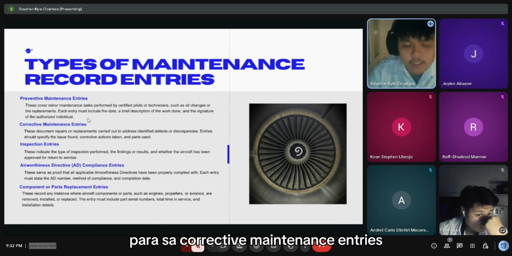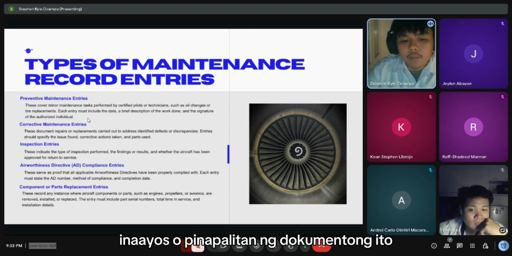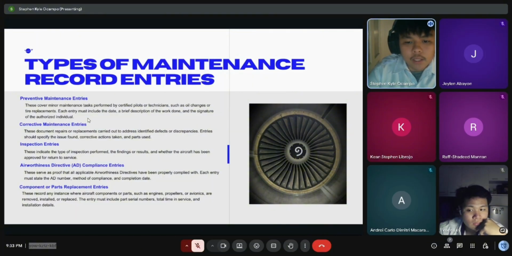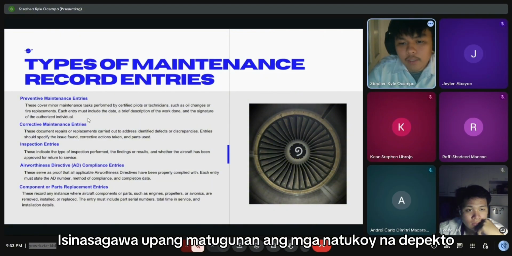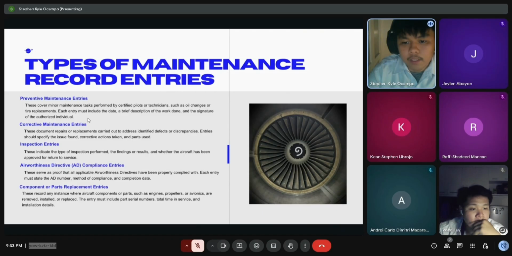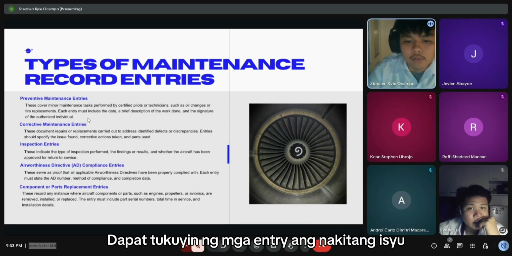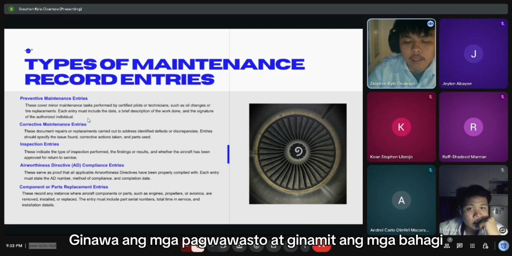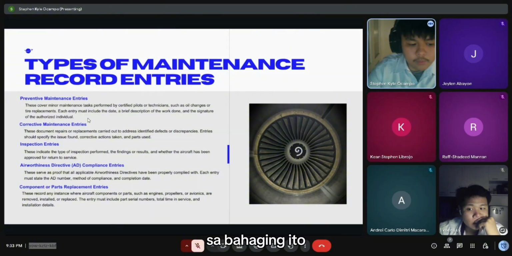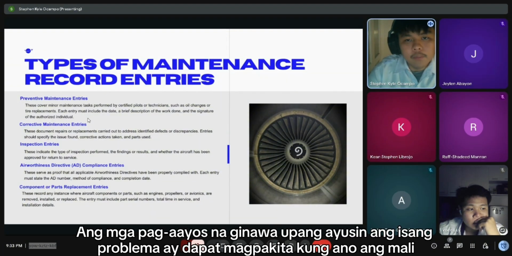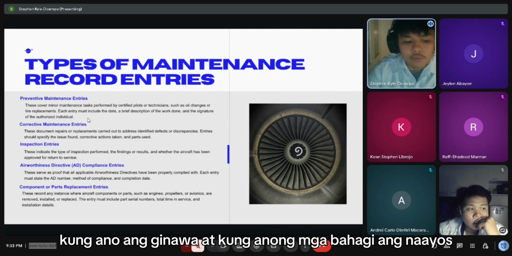For corrective maintenance entries, these document repairs or replacements carried out to address identified defects or discrepancies. Entries should specify the issue found, corrective actions taken, and parts used. So at this part, repairs made to fix a problem must show what was wrong, what was done, and what parts were used.